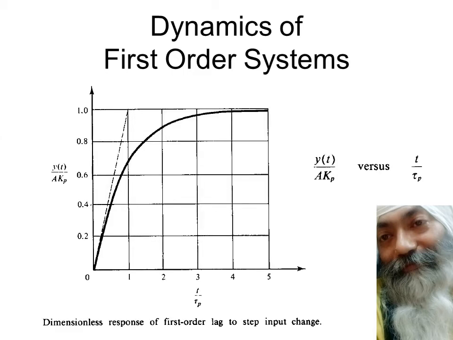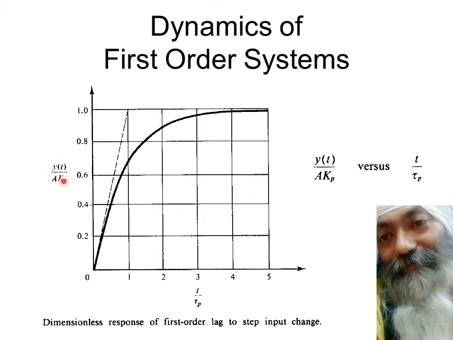Now this, as you see, is very clearly mentioned: it's a dimensionless response of the first order lag. It's a first order lag, it's not pure capacitive, to a step input. Why is it called dimensionless? Because along the y-axis what you are getting is y(t) upon A into Kp. A is the magnitude of the step and Kp is the gain, and this y(t) upon A Kp is going to saturate